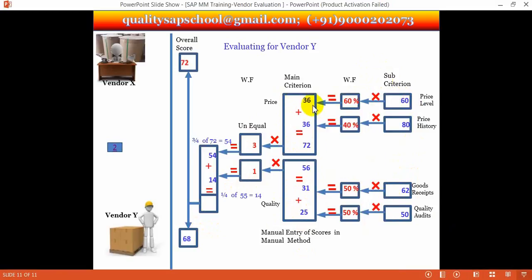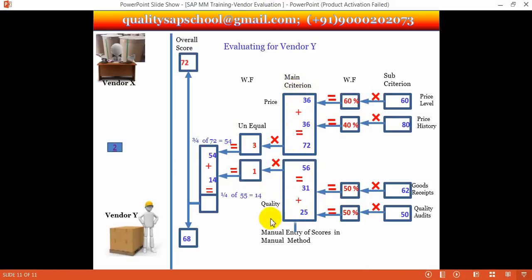As an overall, you are judging yourself because you are a purchasing officer. Sometimes there is no information inside and you know very well about that vendor. In that case you can directly assign, comparing with the other vendors what they have achieved. If a better vendor, a worse vendor than him, another good vendor, a worse vendor than him, we compare and see what scores they have achieved. In that middle you can judge and give it on your own. This method is called manual entry,